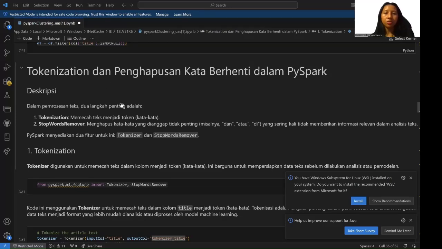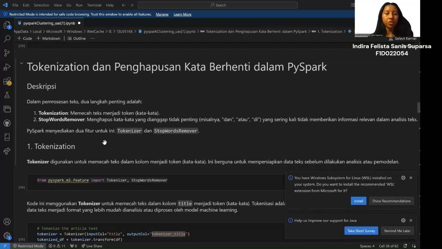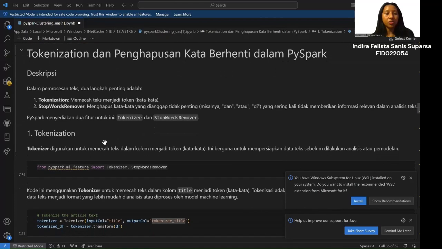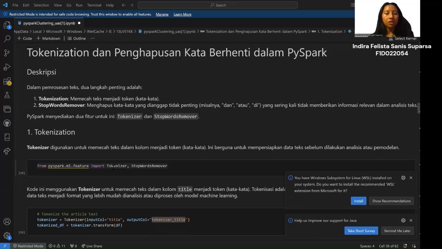In this code, the code demonstrates a process for cleaning and preprocessing textual data using PySpark. I will explain the step-by-step for this processing. First, we need to import the necessary libraries like the tokenizer and stop word remover. They are used for text tokenization and stop word removal.